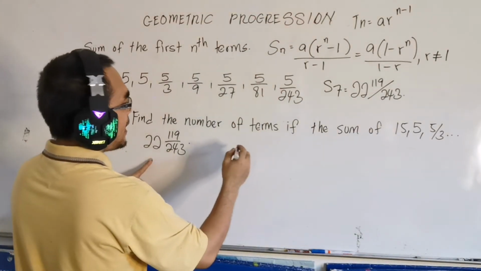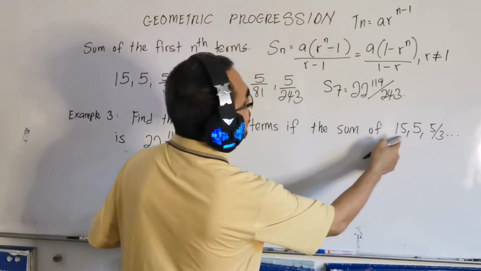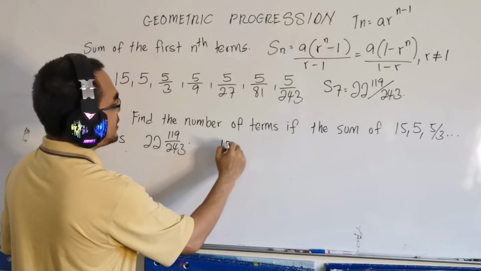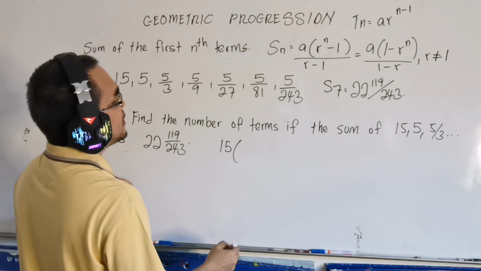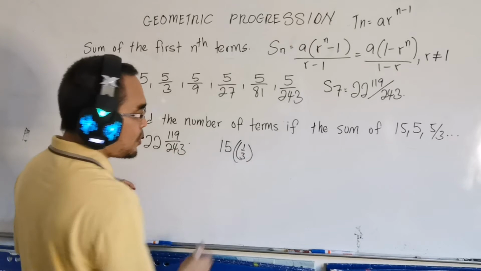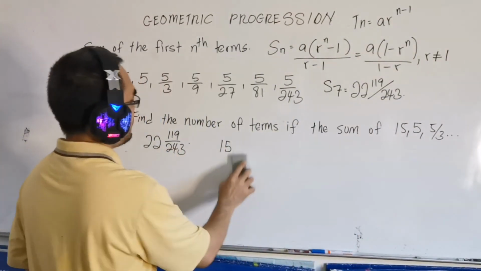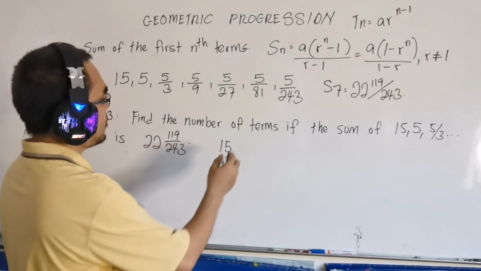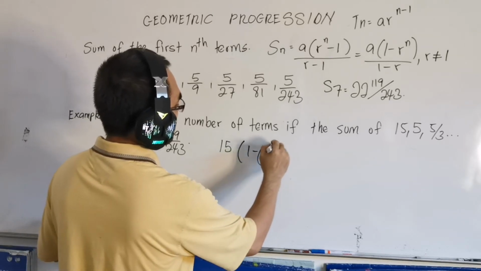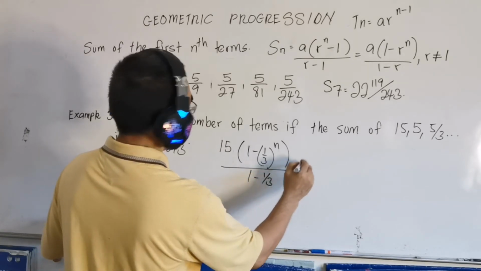for example, A; we know A is 15 and R will be 5 over 15. So A is 15, and then R is 1 over 3. If we know R is 1 over 3, we should use the second formula: 1 minus 1 over 3 to the power of n over 1 minus 1 over 3